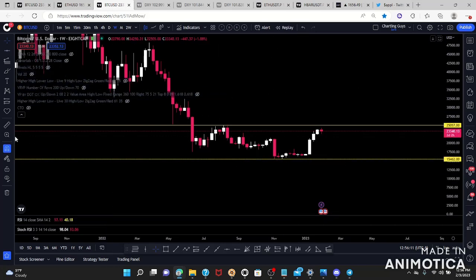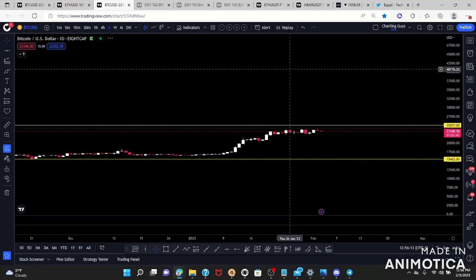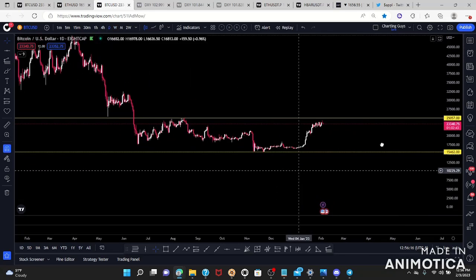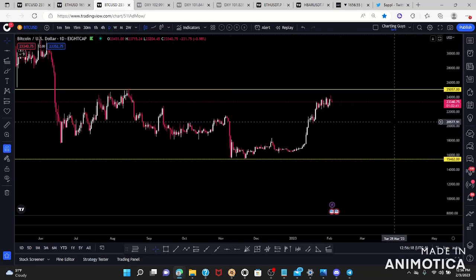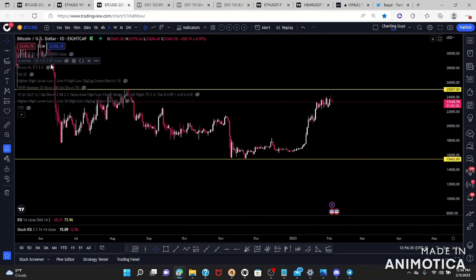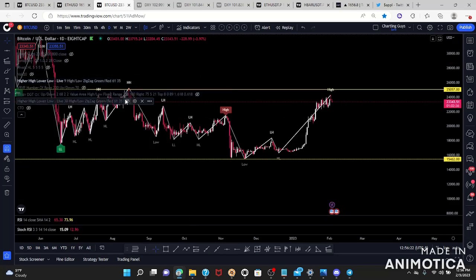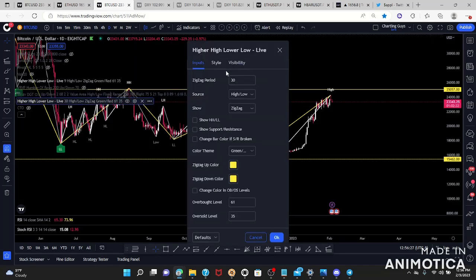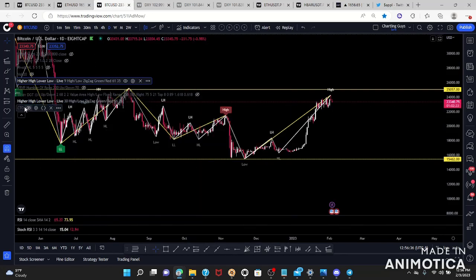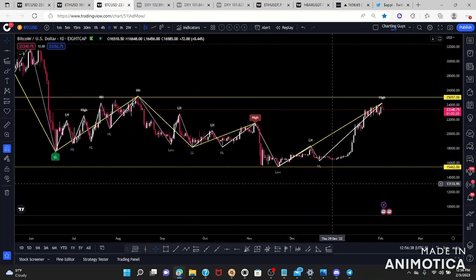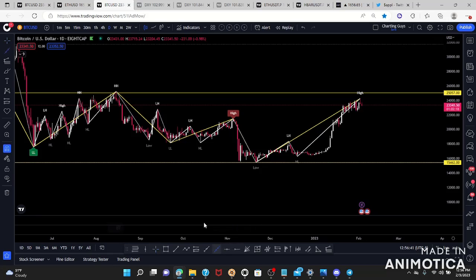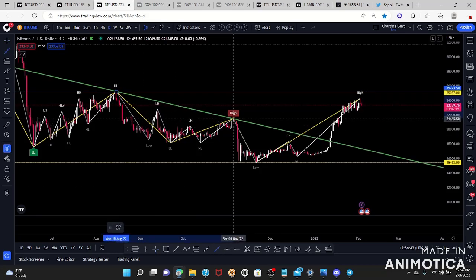Once that's said and done in your weekly, go down to your daily. Within your daily, you want to draw your trend lines. I like to turn on my pivot highs and lows indicator, and I do have two that overlap. It's the higher high, lower low live indicator. One is set at 30 and my other one is set at 9. So once I turn on those indicators, it just gives me a great view of my trend lines from high